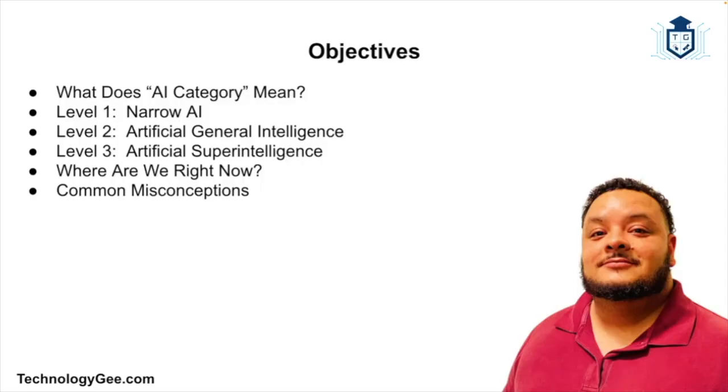And these three categories are narrow AI, general AI, also known as AGI or artificial general intelligence, and then we have artificial superintelligence. Now, they may sound a bit sci-fi, but don't worry. We're going to unpack each one, explore real-life examples or the lack of them, and discuss what makes each stage unique. So let's go ahead and break all of this down.